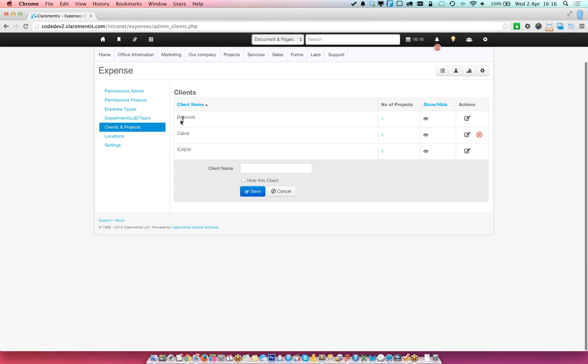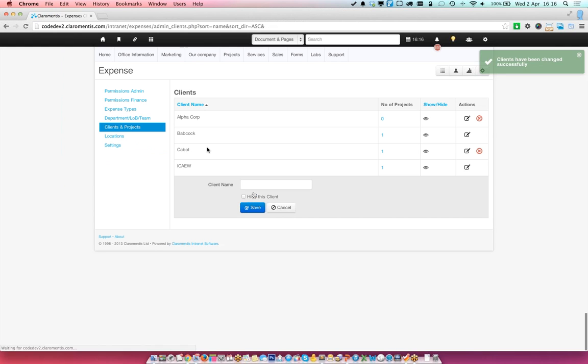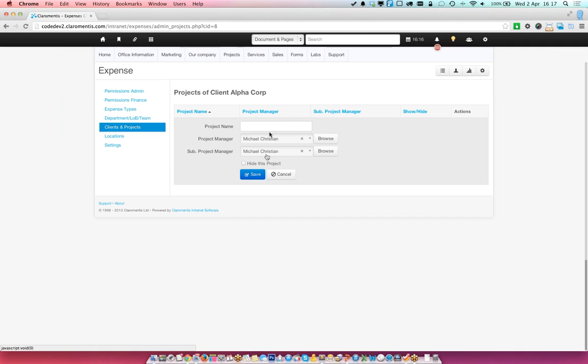The first thing you need to do is set up a client. So this is where you can set up a client. Let's say you have a client called Alpha Corp or something. When you set up a client, then you can set up a project. So maybe with Alpha Corp, you have a project called Internet marketing or something. Here you can set up who is the project manager